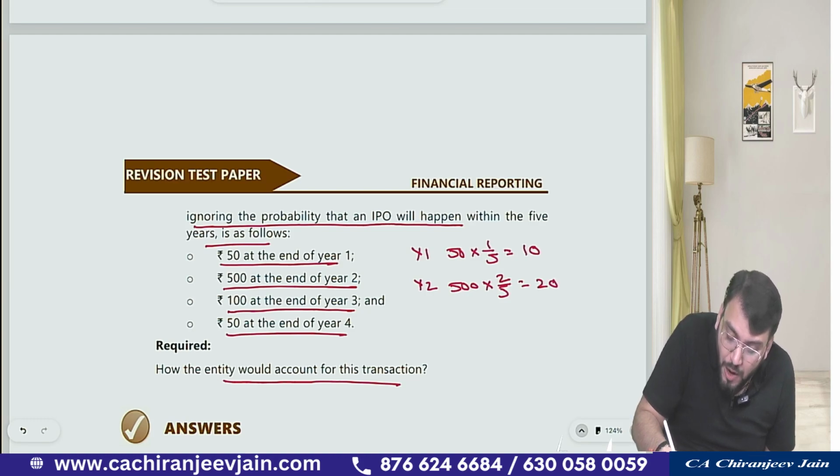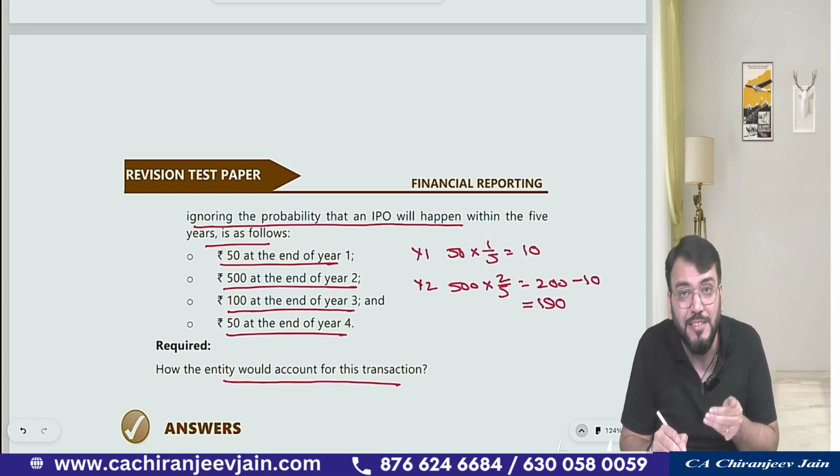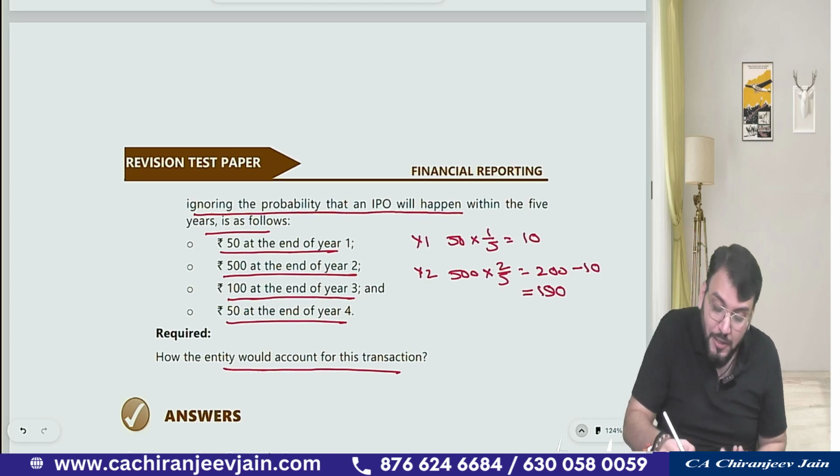200. Out of that, how much have we recognized as an expense? 10. How much expense will we recognize for the second year? 190. The journal entry will be employee benefit expense account debit to SBP liability for the second year. Got this point? Yes sir. But in year 3,